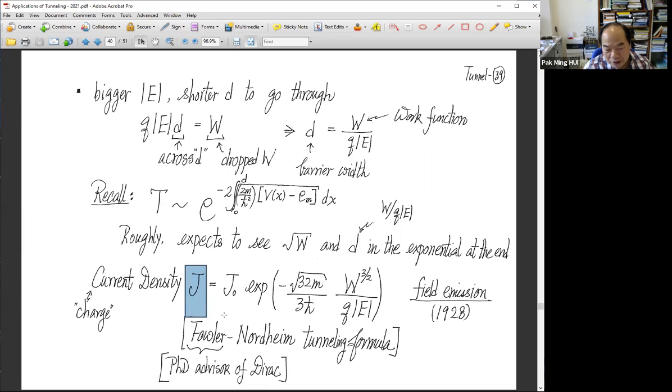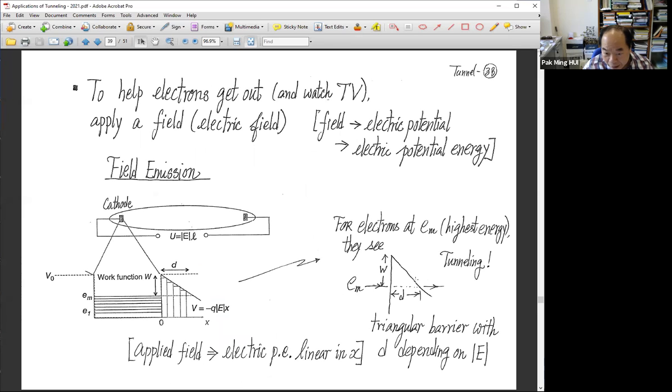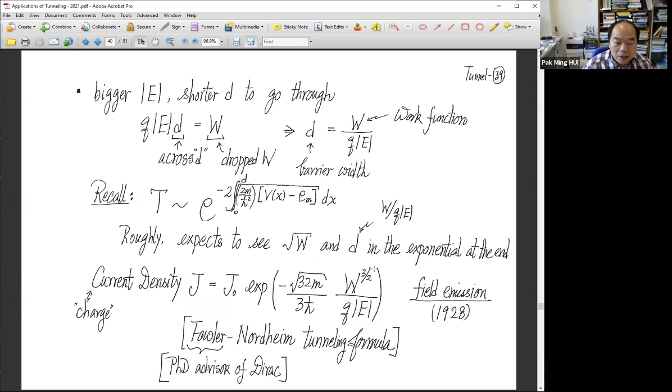How will this current density be sensitive to the applied field, okay? There is a W called the work function, that is the barrier still here, the energy deficiency, okay? So at the end, the formula is something like that, and that is proven experimentally. This is called the